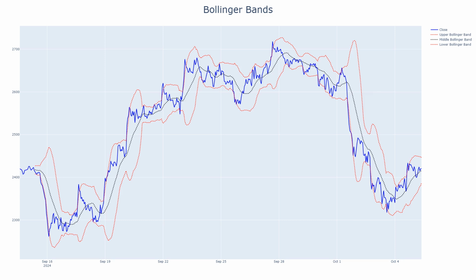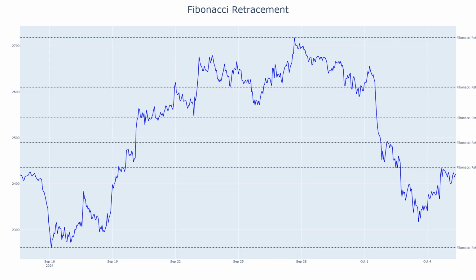If it manages to break above the middle band and move toward the upper band, this could indicate a bullish move. On the other hand, if it falls below the lower band, we may see an accelerated drop towards the 2380 support level. In terms of Fibonacci retracement, ETHUSDT is currently sitting below the 61.8% level at